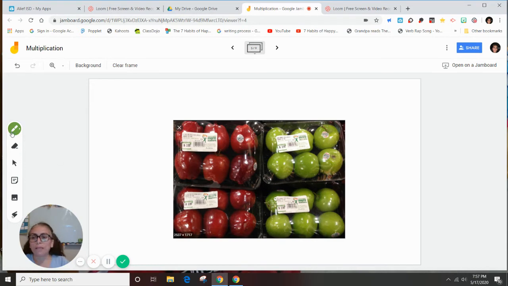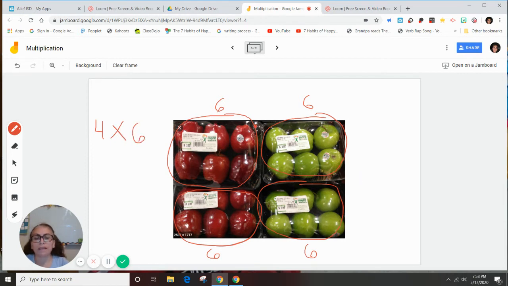I like this array because the way it's organized, you can do it in different ways. I can see how many on each group. If I decide to count these little trays with apples, I can count 1, 2, 3, 4, 5, 6 apples. And I'm going to put that there's 6 apples on this group, and I'm going to circle the group so you can see it. This is a group of 6, right? And this is going to be another group of 6. So that's 6 more. Group of 6 right here. 6 more right there. And a group of 6 right there. Okay. So I have 4